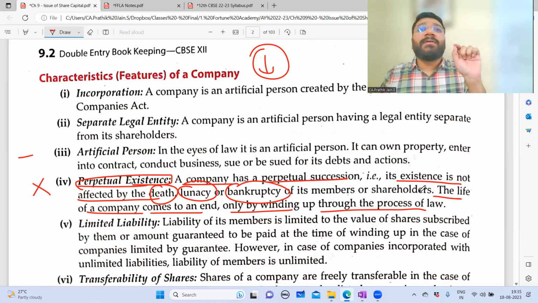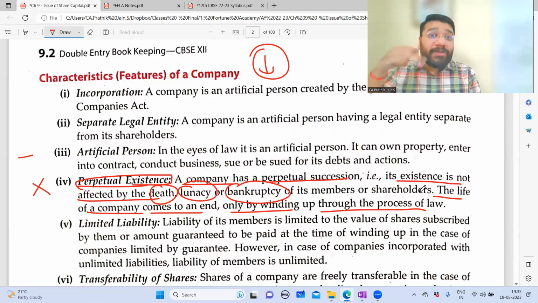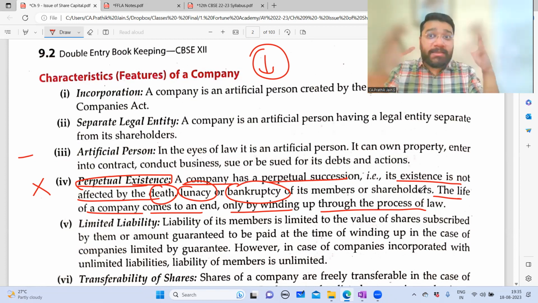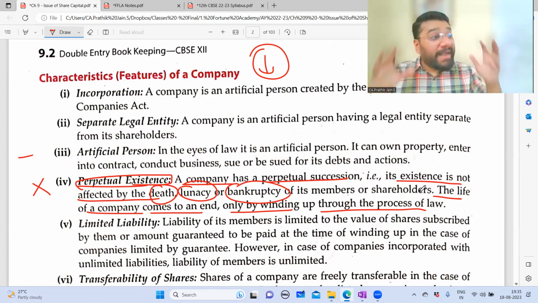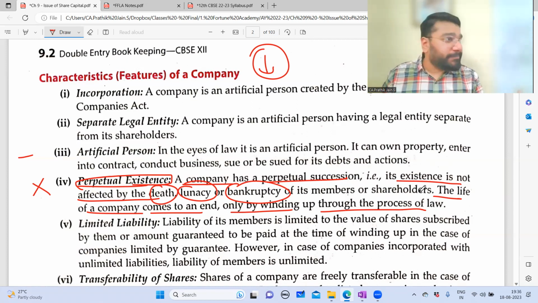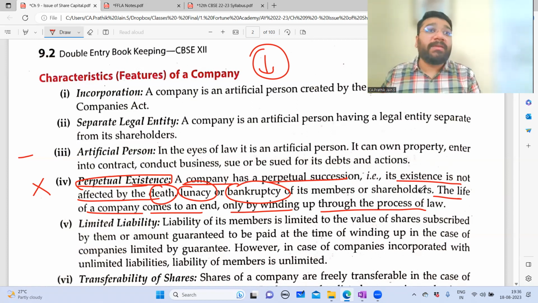Eventually, what happened? The directorship got cancelled. Once a directorship is cancelled, after 2 years, if you want to start a company again, you cannot become a director. You'll be levied a penalty. If you don't comply with certain other things, you'll also be jailed. So that is the heavy compliance in the Companies Act. That is the complexity. That's why when people come to me for consultancy, I am very careful and meticulously tell them, don't form a company unless and until your business has become a super hit already. Start with a sole proprietorship concern or a partnership concern. Once you feel that you have grown that much, then convert your business into a company, because by that time you'll have the maturity to run a company, and you'll have the money to run a company.